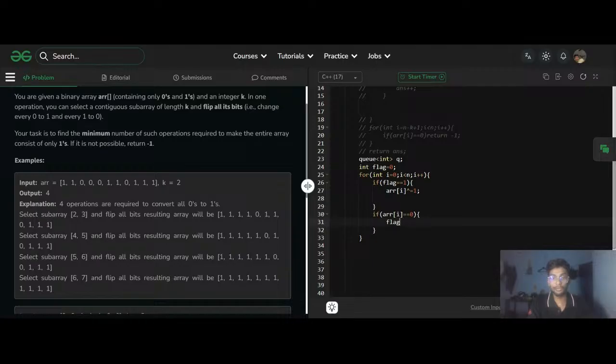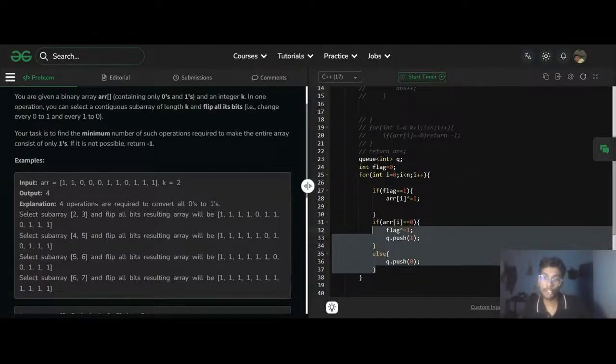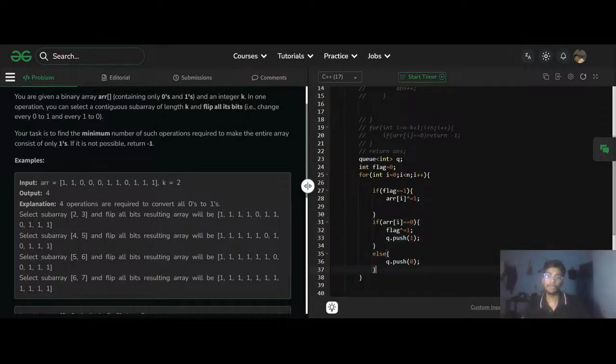So flag is equal to flag. Okay, great. And q dot push 1. Now what? Else, if the arr of I is not 0, then else q dot push 0. I'll explain why I'm doing this. Okay, now the main thing. Why am I pushing the values 0 and 1 into the queue? Why am I even doing this? Because if suppose,